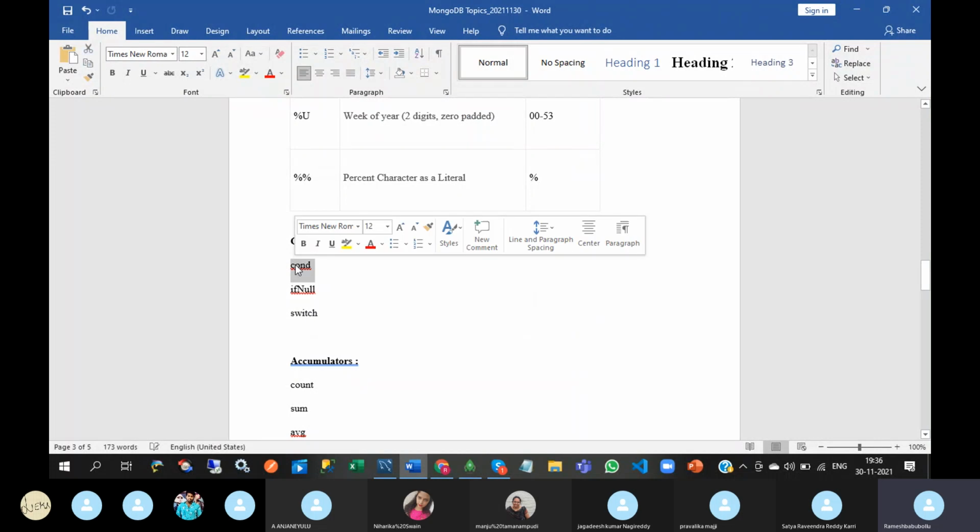One is conditional operator, if null, switch. Okay. So conditional means it is like ternary operators in Node.js. Ternary operator means it evaluates one expression and depending on the result, returns the value of one of the two expressions. Okay.